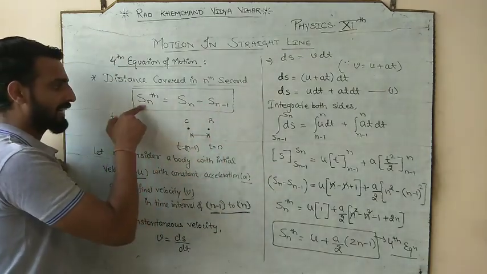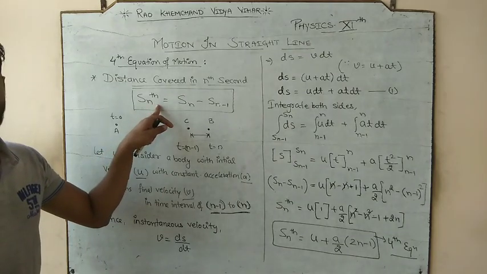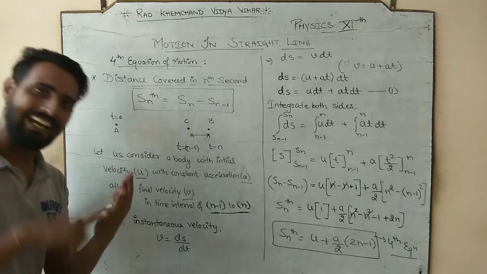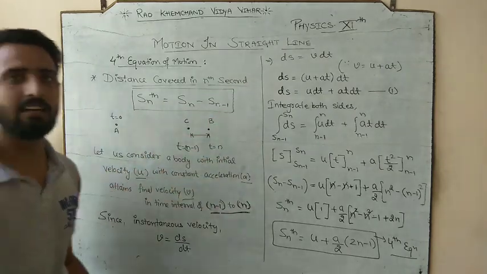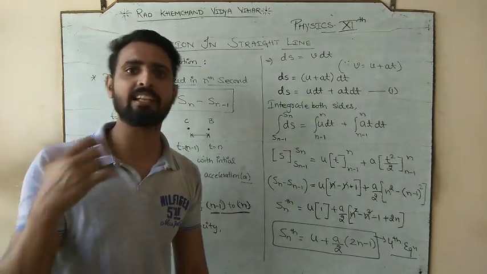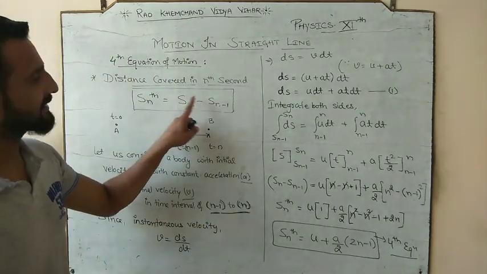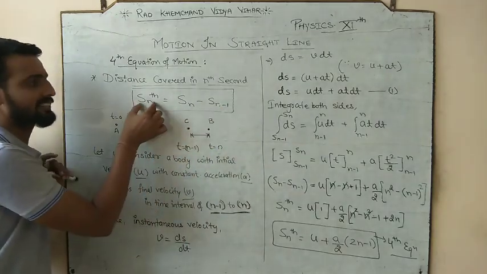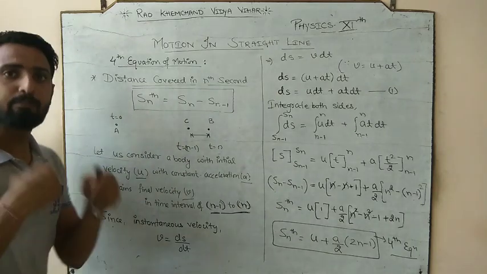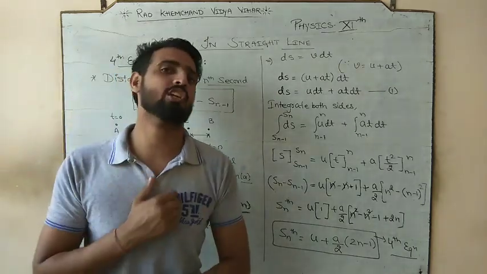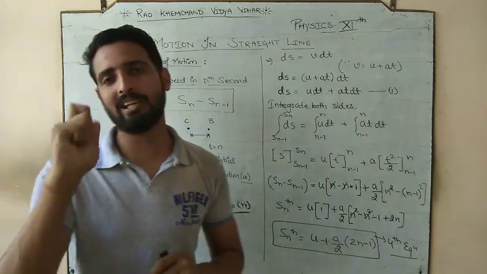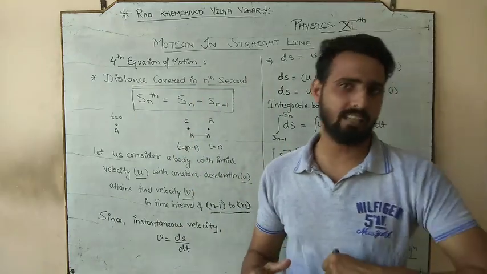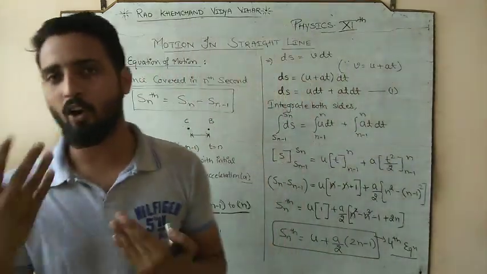So if we want the distance in the 8th second, what is the distance covered in 8 second? We have one technique: first find out the distance covered in 8 second, then find out the distance covered in the preceding second. What is the preceding of 8? Which is 7. So distance covered in 8 second minus distance covered in 7 second gives us the distance covered in the 8th second. So pretty much it is a language based logical concept. While reading the language and the statement you have to be pretty careful, because we have one more formula.